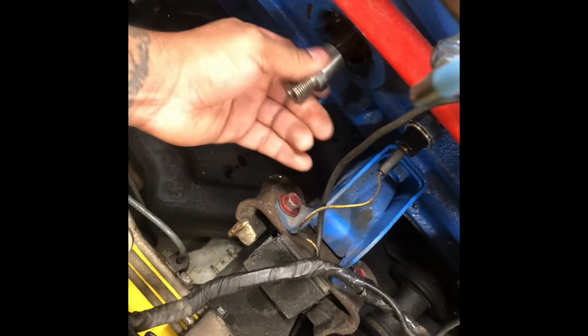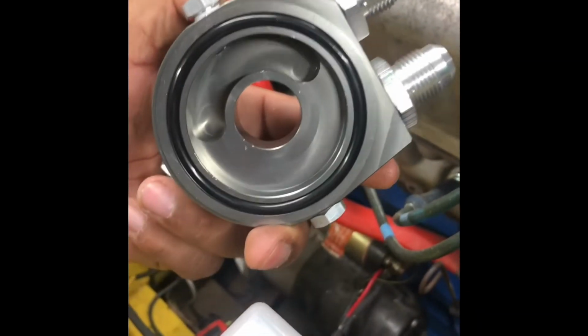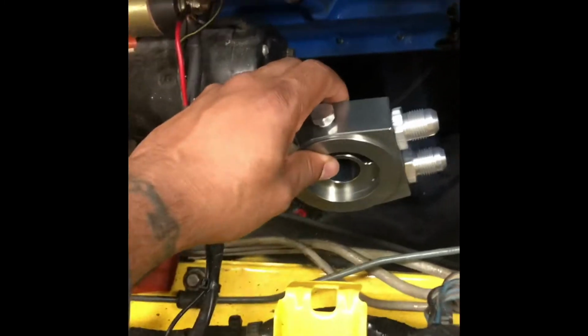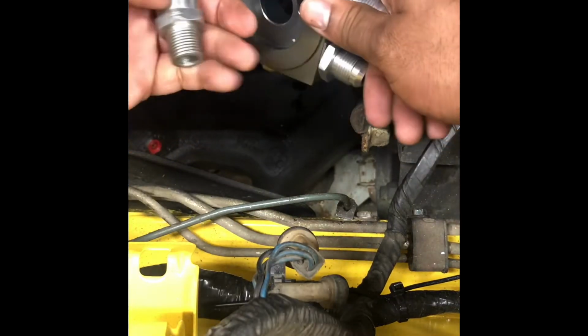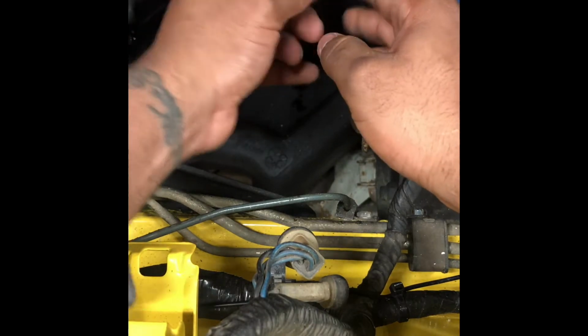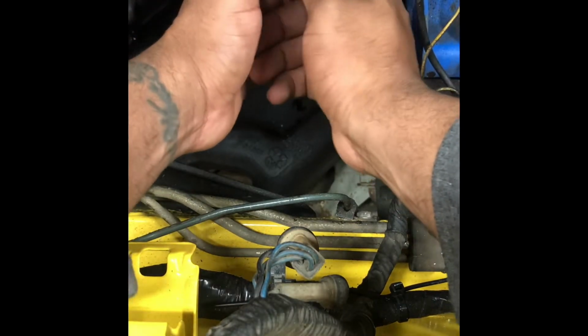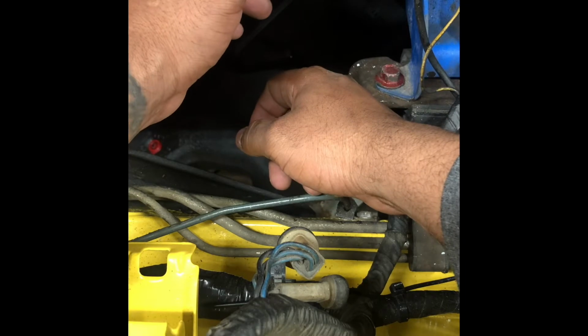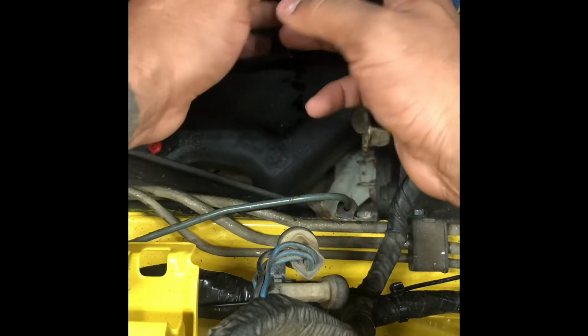Now, we'll grab the sandwich plate. This piece right here where the rubber gasket is. Let me see if I can get this. Now, I'm just test fitting, but as you can see, you're going to have to figure out a location where